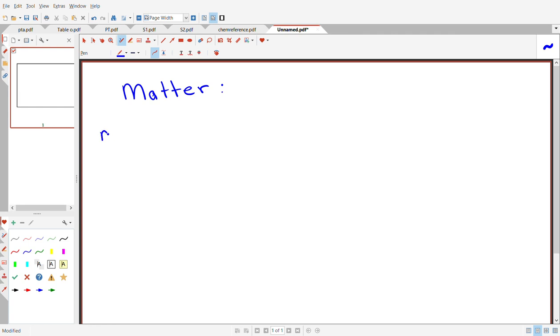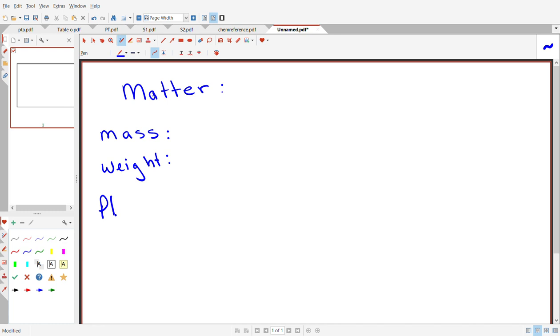And your teacher might ask you the difference between mass and weight. Again, I'm just going to mention it verbally because they don't ask this on the Regents either, but mass is the amount of matter something has, what it's made up of, whereas weight is just the pull of gravity on the object. But the main thing you have to know about matter is